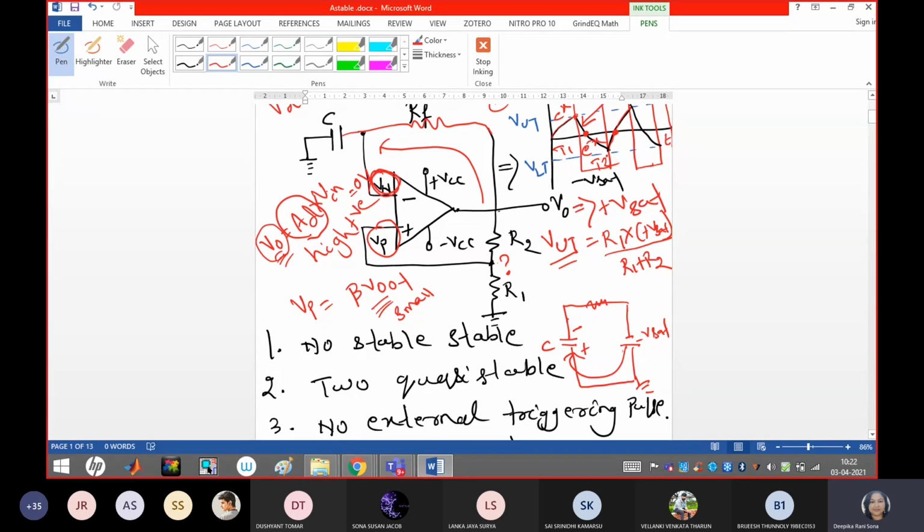Now, why am I saying pulse waveform? Why am I not saying square waveform? Because only if T1 equals T2 can I say that it is a square waveform. So now we are going to learn about the time period, and if we learn about the time period, we may come to know the frequency of oscillation. As per that we may decide whether we are going to design a square waveform, a rectangular waveform or not. Okay, up to this you got it or not? How we are getting a square wave, a pulse waveform, because of the charging and discharging of the capacitor.